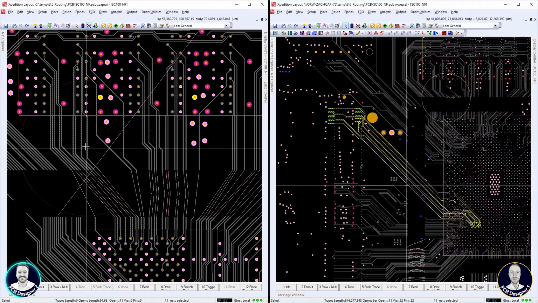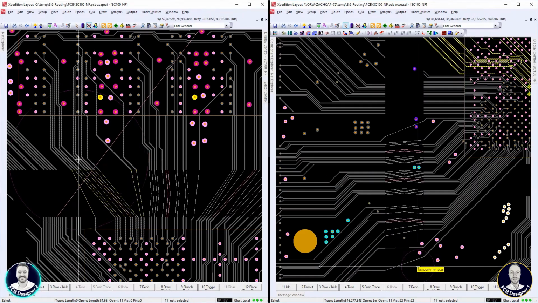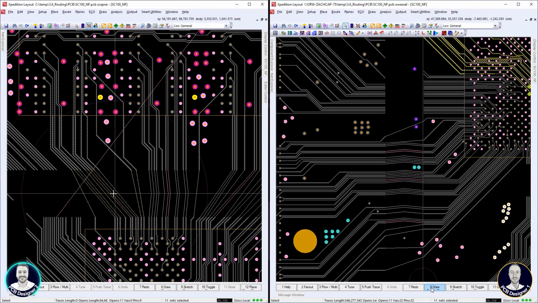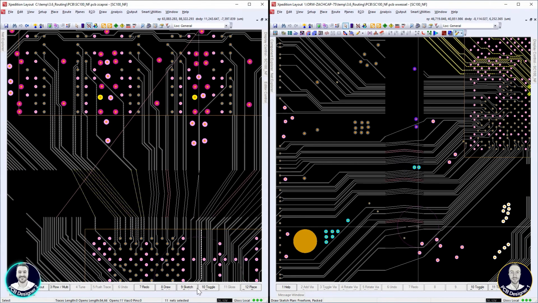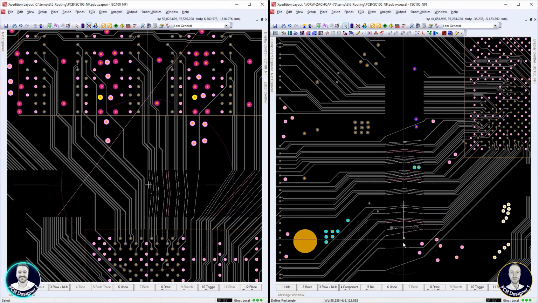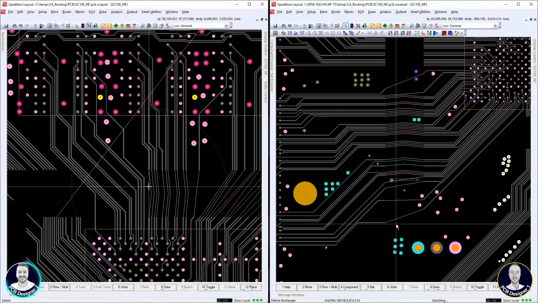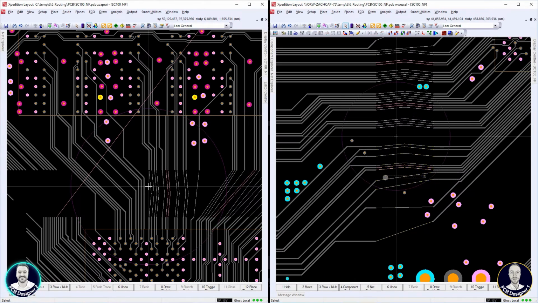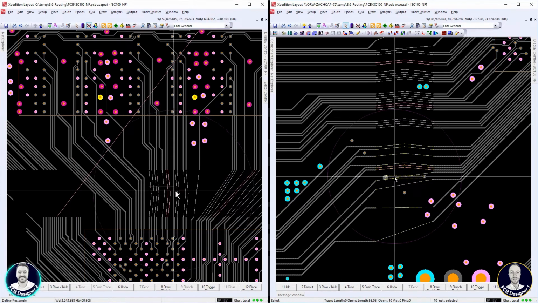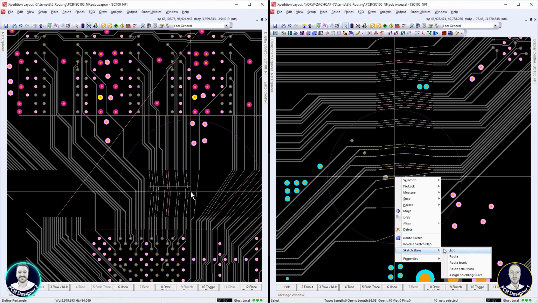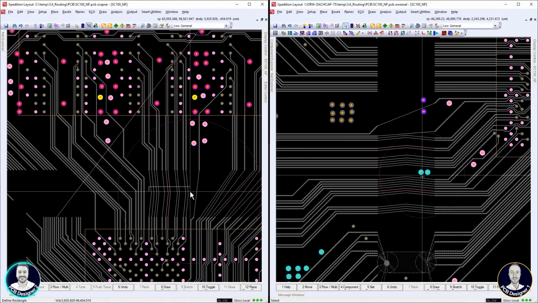So selecting my first group of nets in the layout, I can then use the F9 sketch route command to complete the routes. If any nets were not routed during sketch route, I could use the hug route command to finish up any straggling nets. In this case, that's not necessary, as all nets were routed successfully with sketch route.